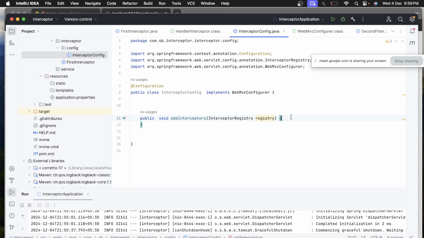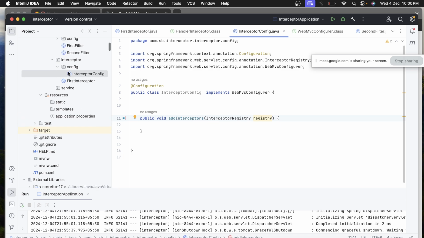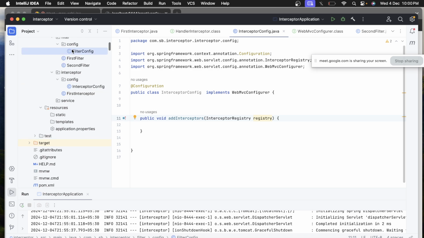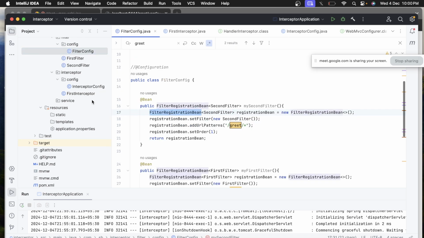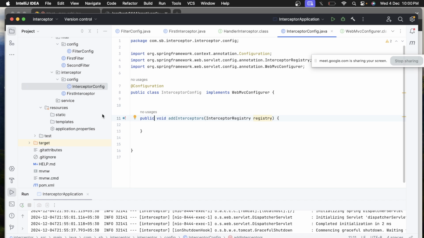All right. So public. Over here, this method was there in WebMvcConfigurer, but the default implementation was there, and we were not adding any interceptor, right? Over here in the filter part we have the filter registration. In the interceptor it would be the exact same. We have the interceptor registry, right? In the registry we will register,